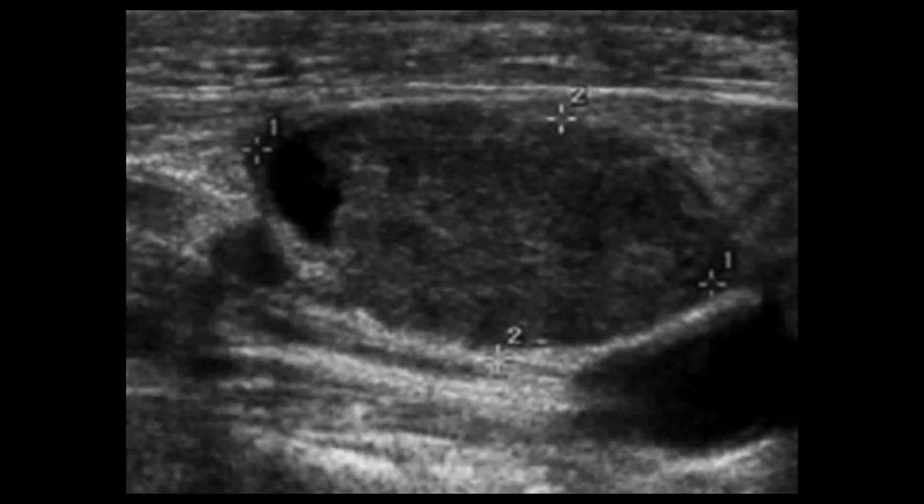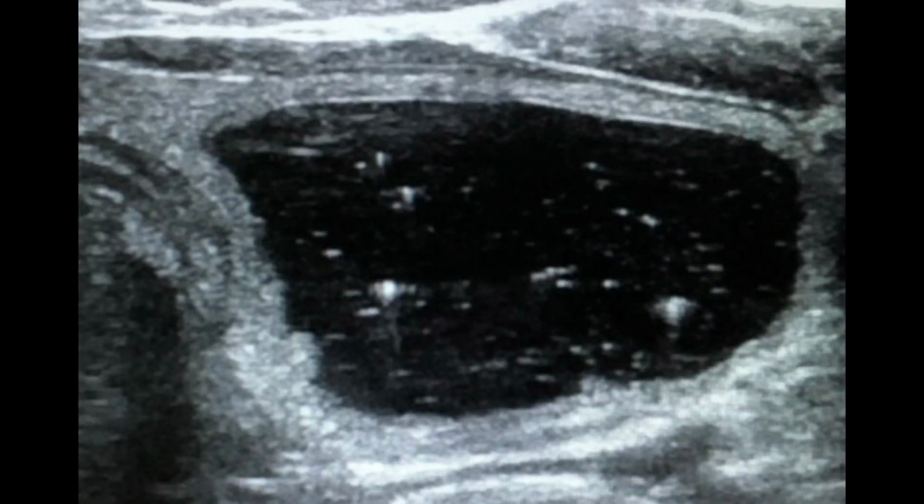Colloid nodules happen to be benign, and these are mostly made up of colloidal constituents and colloidal contents. So because of the colloidal contents, there will be ring down artifacts. This U2 benign nodule clearly explains the presence of the ring down artifact. And the second thing is this nodule is predominantly cystic. So this cystic nodule having the round outline and with internal ring down artifacts, so this is